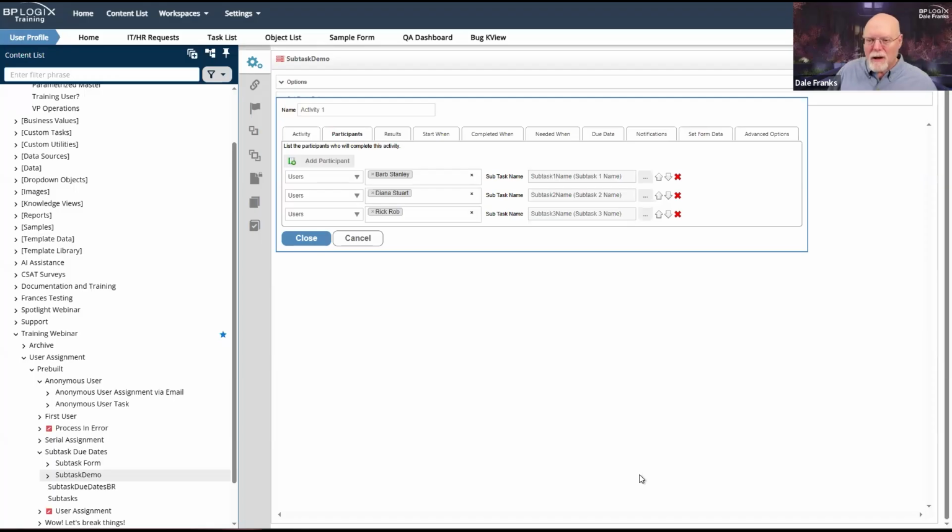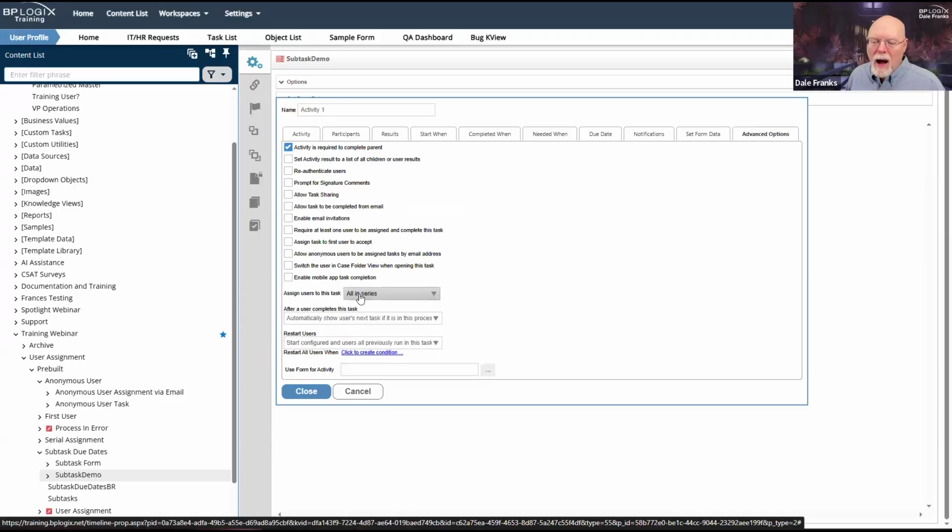Now, subtasks are generally done in circumstances where I am going to assign users in a series, not in parallel. By default, if I assign multiple users to a task, they're going to perform that task in parallel, which is to say they're all going to receive the task assignment at the same time. They're all going to complete the task at the same time. The only difference will be the order in which they complete it is completely random, but I'm going to expect the task to end only when all 3 have completed the task.